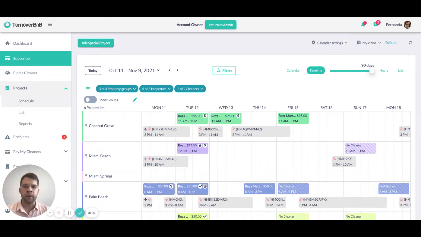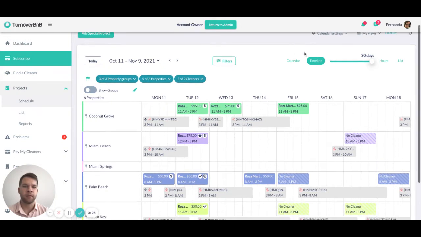In Turnover B&B, there are two different ways that hosts can view their cleaning projects. The first way is from our schedule, which is a more traditional calendar-based way of looking at one's reservations as well as the cleaning projects that have been created depending on their settings. So in this example, we have a timeline view, as you can see, which crosses our properties or listings against